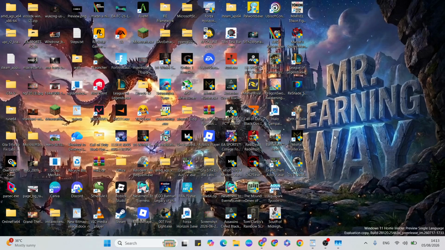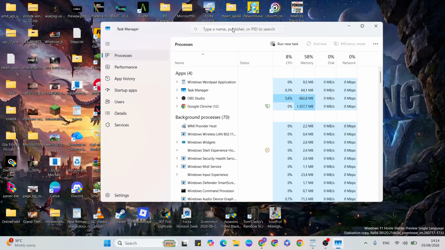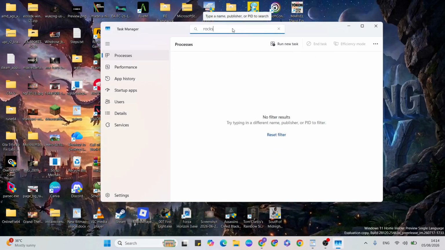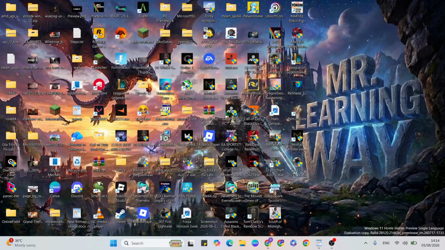The first step: remove Rockstar Games running in the background. Open the Task Manager, then in the search bar type Rockstar Games. If it is running, just right-click to remove the related Rockstar Games application. Then close the Task Manager and come back. After you remove Rockstar Games, go to the next solution: